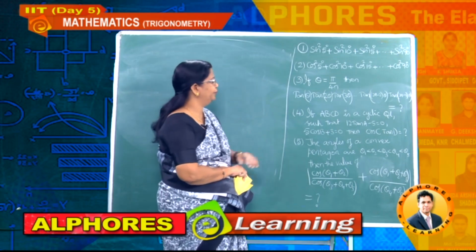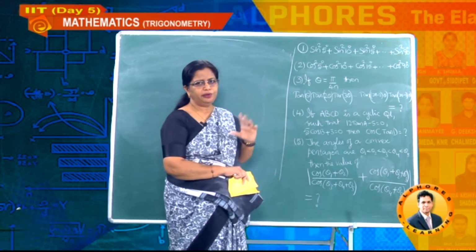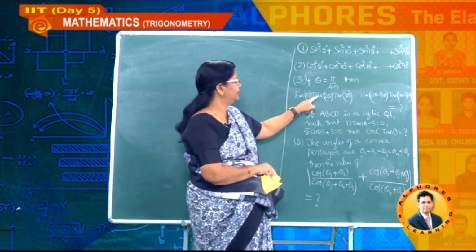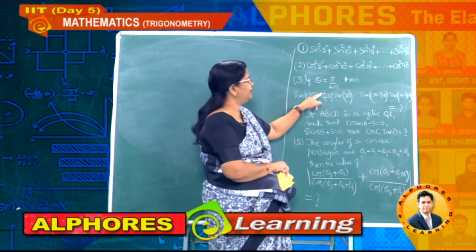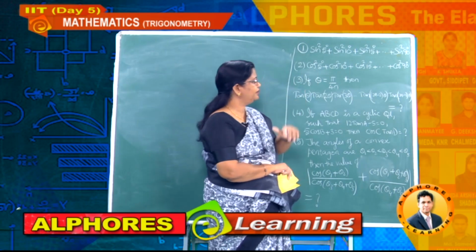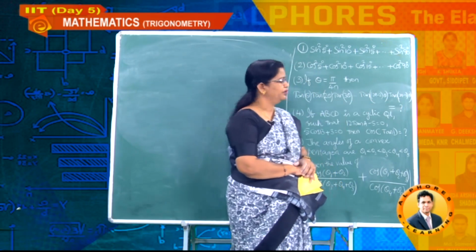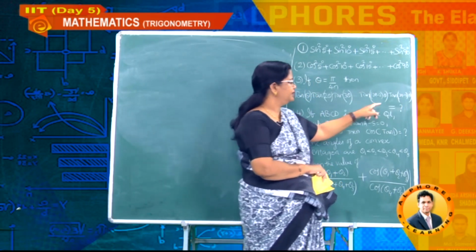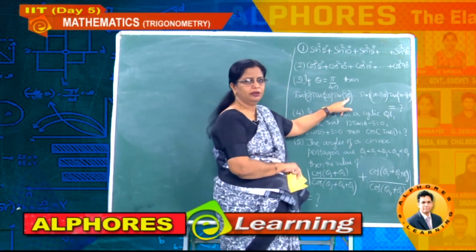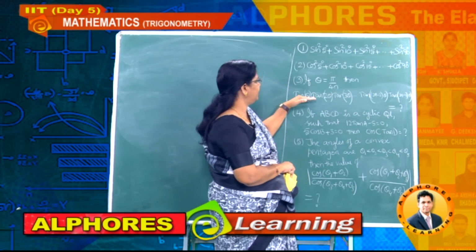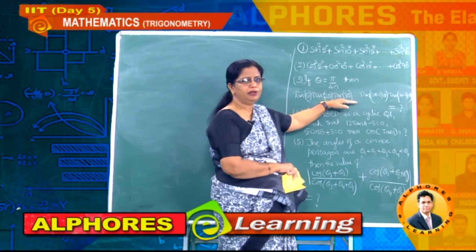If n equal to 2, then this value is pi by 8, okay. Then tan pi by 8, we don't know till now, later we are going to find, and this is tan 2 into pi by 8, that is tan pi by 4, and next value is 3 into pi by 8. So where you have to stop? If I substitute n equal to 2, what is the last value? 3, understand, that means you have to stop the problem at 3 theta. That means now what is your value? Tan pi by 8 into tan 2 pi by 8 into tan 3 pi by 8, okay.